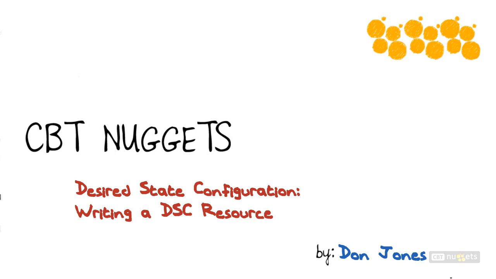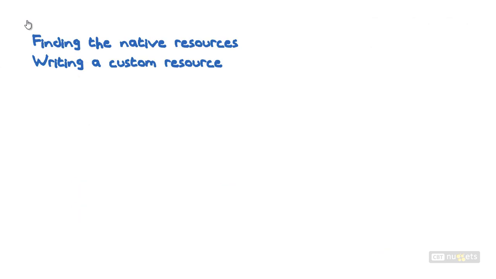that a configuration script could give it some configuration parameters, and then it will actually do the task of checking those, implementing them, and making sure they stay in place. Now, this isn't going to be a terribly complicated nugget because resources in DSC are basically just a special kind of PowerShell module, and that's something that you've written several times in previous nuggets, so hopefully it'll look a little